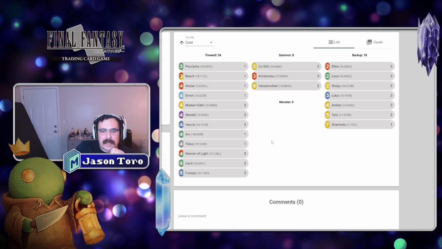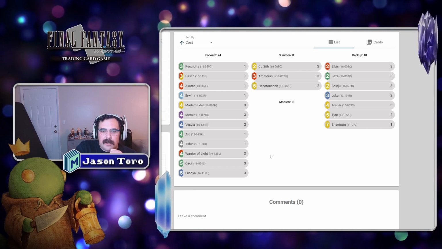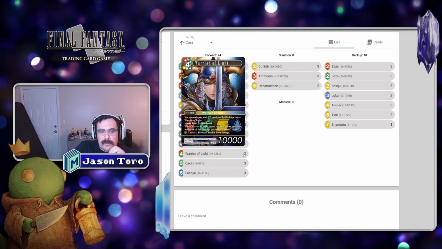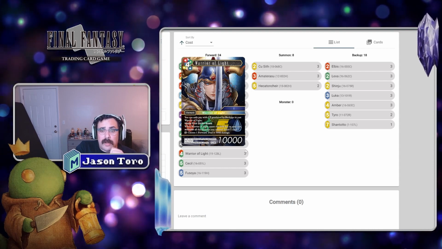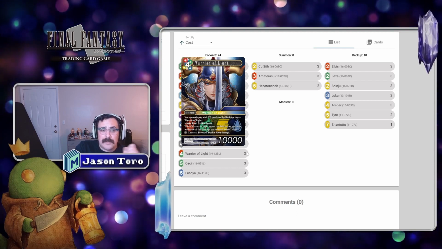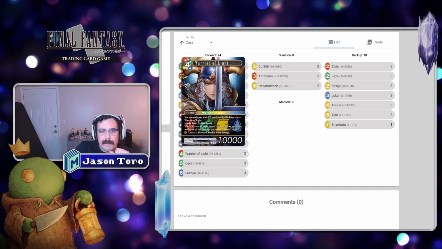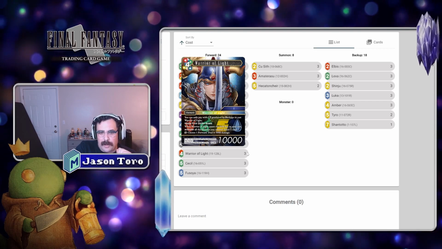We have a couple other tech forwards in here, which are really sweet. Talking about the biggest linchpin of them all, we got 3 copies of Warrior of Light. Warrior of Light is really sweet in the Soiree list because you already play a rainbow assortment of backups. So on the off chance you could hard cast him, you get the benefits of untapping all of your backups you control and drawing a card, which is